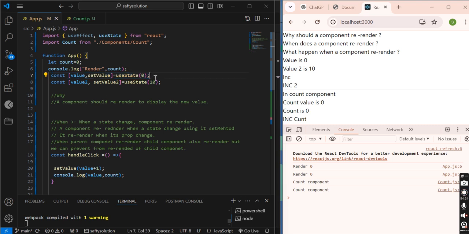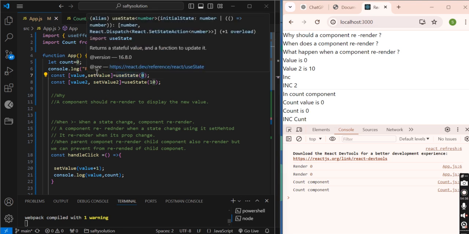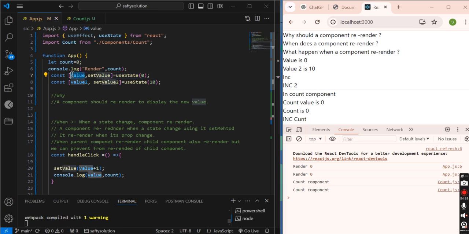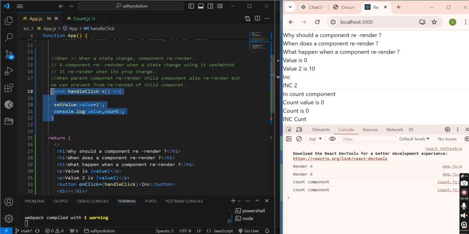This is a special variable which is known as state. This useState will take 0 as an argument and return two things. The first one is this value itself, which we have stored in this variable, and a function. That function will be setValue. The same will happen in this case. Since this is a function, it will be stored in JavaScript, but it will be invoked only when needed.